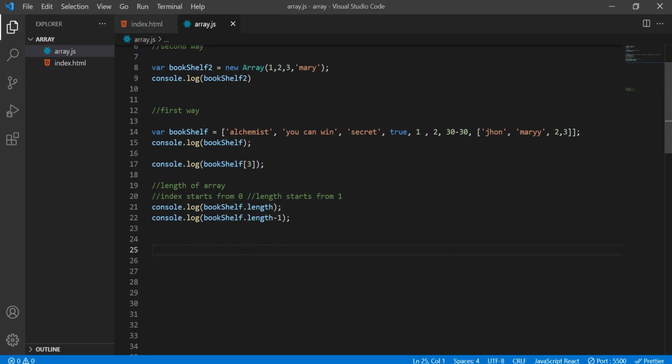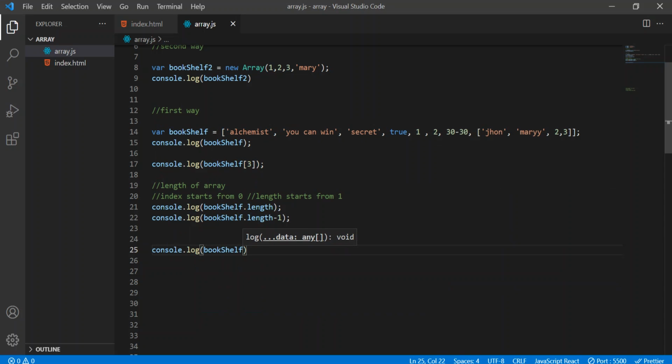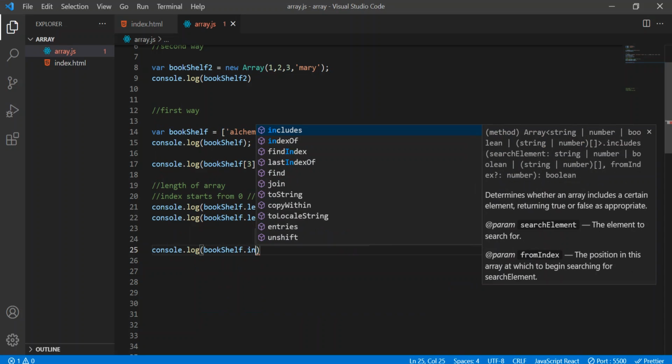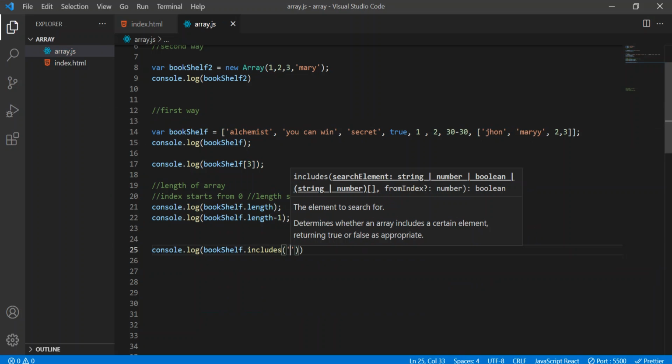Okay, now we can also do something. We have a method in JavaScript, I mean in arrays, that tells if the given element is present inside the array or not. In certain cases we want to check if the element is present inside the array or not. So for that reason we can use this. So console.log, I'll write bookshelf, the array name, and here I have to use dot again because it's a method, and I'll write includes, and here open parenthesis, and inside that you will pass some name.